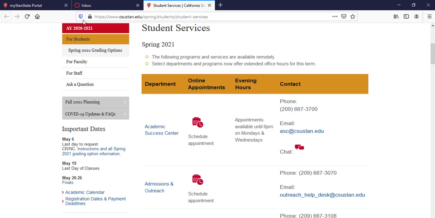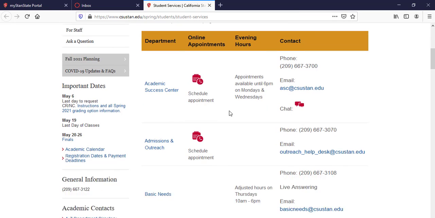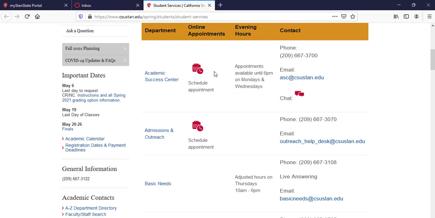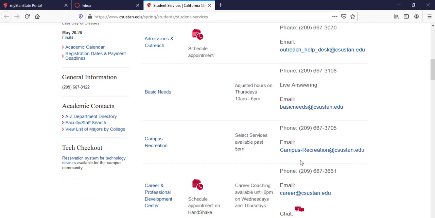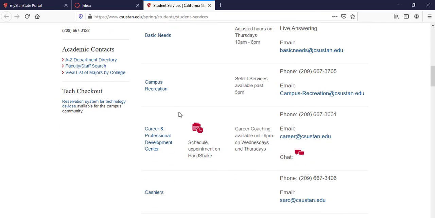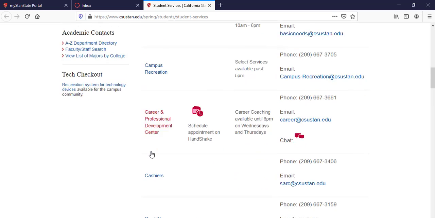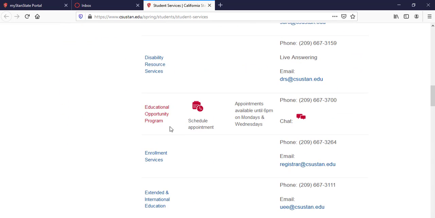You can just click on from Canvas to go to the student support services page, and then it also has other departments, how to make an online appointment. So they use, I think this is the Warrior Connects icon, their hours if they have evening ones, and how to contact them. And it has other stuff, like the basic needs, campus recreation, the career center, cashiers, disability, EOP,